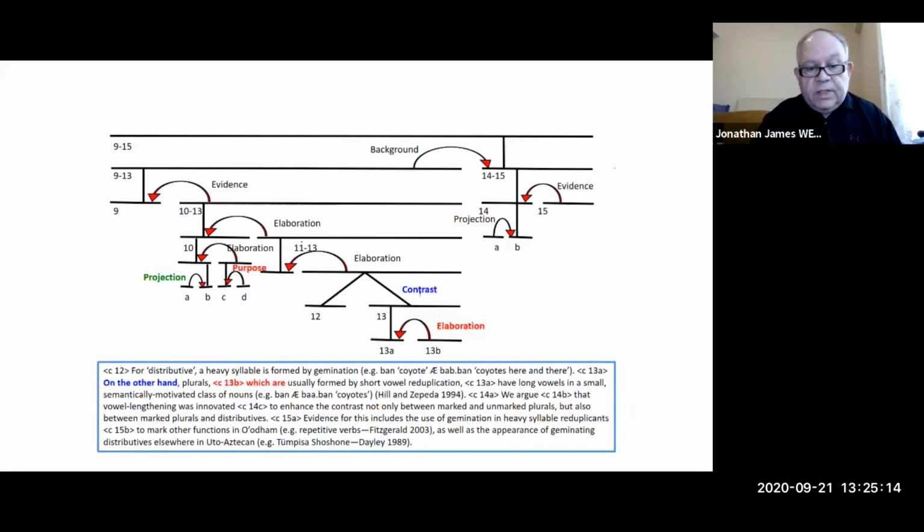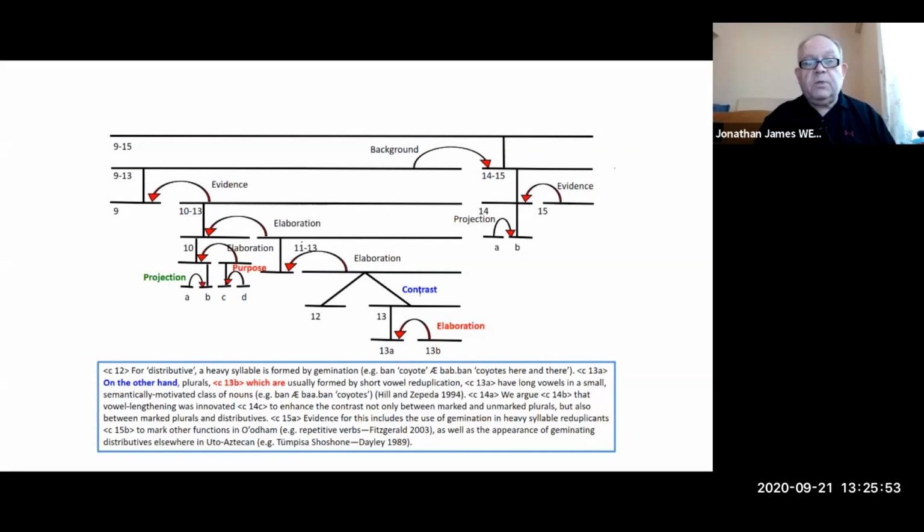So like we've said, 11 through 13, it's a kind of elaboration. 12 and 13 elaborate on 11, all right? Clauses hierarchically become sentences with more than one clause. 13A and 13B is a sentence, right? And those sentences combine to form larger units as we work our way up to the text as a whole. So we are only mapping out